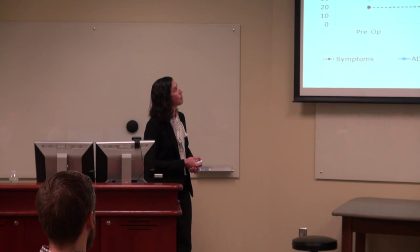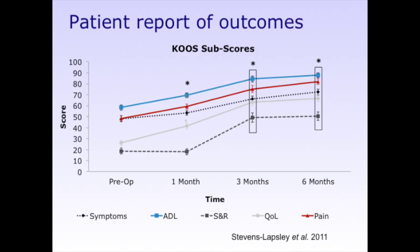So this is the KOOS, which is very similar to the WOMAC, but has 2 additional subscales. It has a sports and recreation and a quality of life subscale. The WOMAC has symptoms, ADL, and pain subscales. And so those of you who are familiar with the WOMAC, this is pretty much telling us the same general